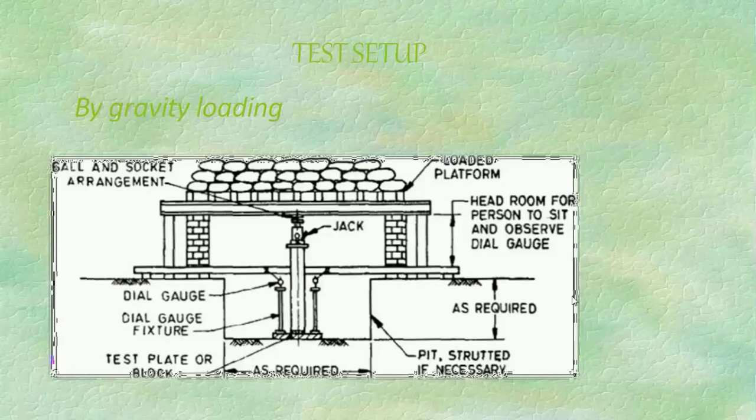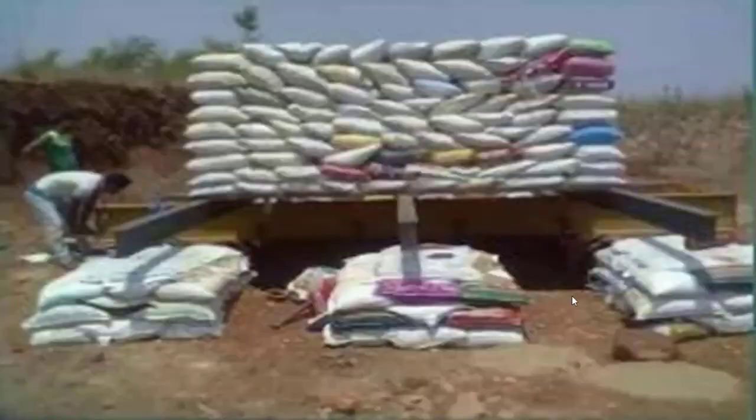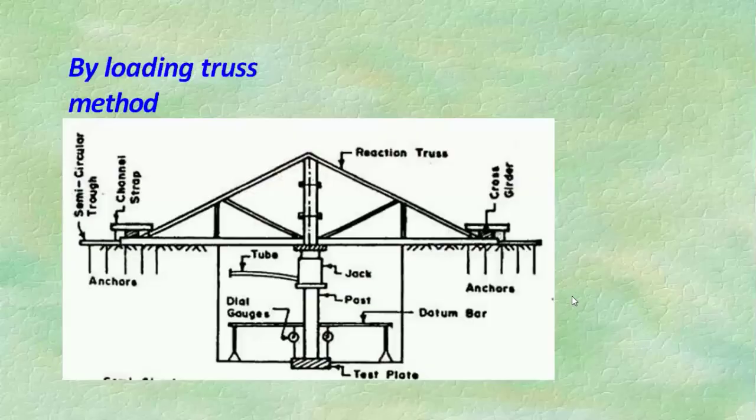The main loading plate of 75 centimeter diameter is placed on the level subgrade soil. If the surface of the subgrade is rough or not level, a bed is made out of sand and plaster of Paris with thickness not more than 25 mm. After hardening of the bed, the main plate is placed over the bed and stiffener plates are placed over it.